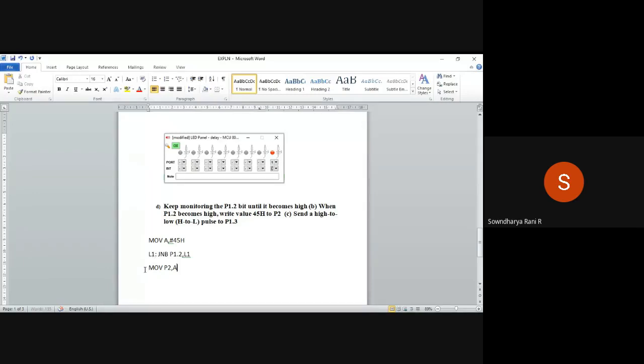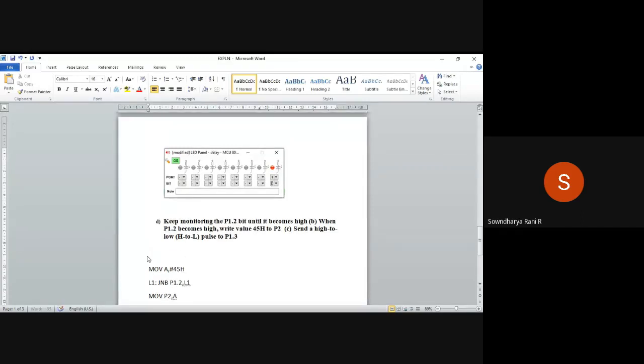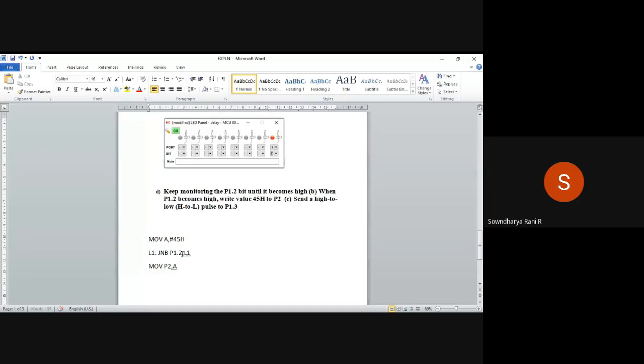So when the statement is executed, if only this port 1.2 is made 1, so the second bit is made 1, you are pushing the value of 45 into the P2. So if the P1.2 value is not 1 initially, it will go into an infinite loop, right?